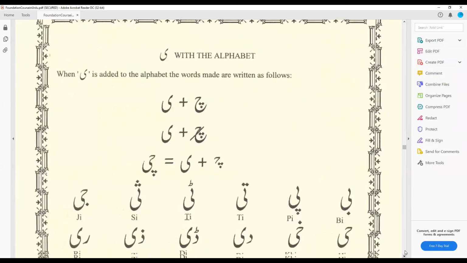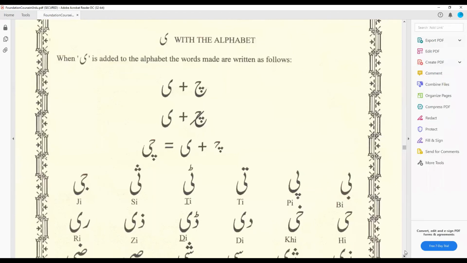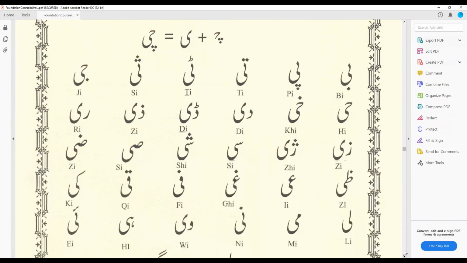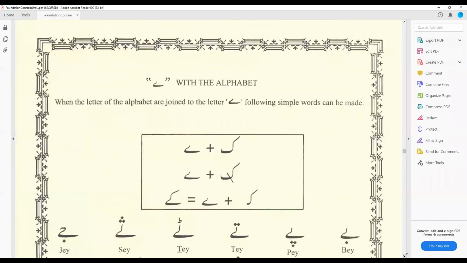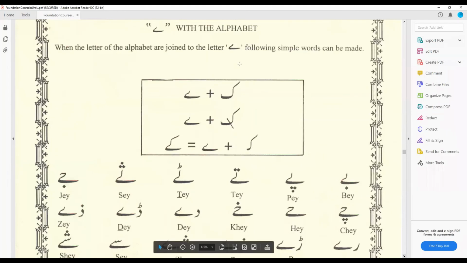I don't know whether these letters are going to benefit you guys or not, but if there is anything I can help you with, and if you feel this is easy for you or anyone, we can always move forward. These are the pages we have, starting with J. How we can join all the alphabet with J, small J and big J. I think if you notice, this page is on my Instagram as well, so you can read this page.